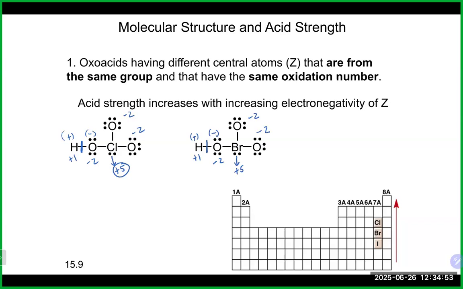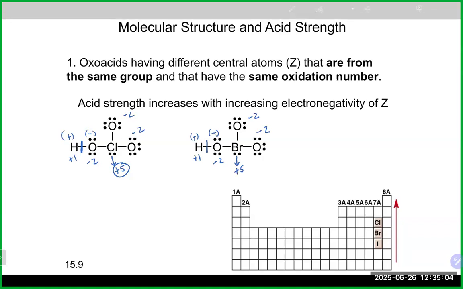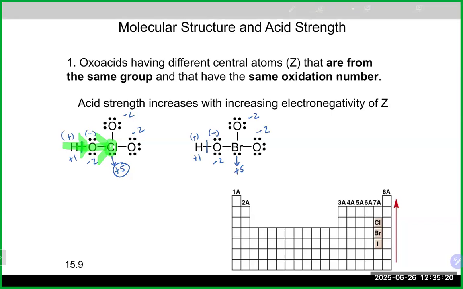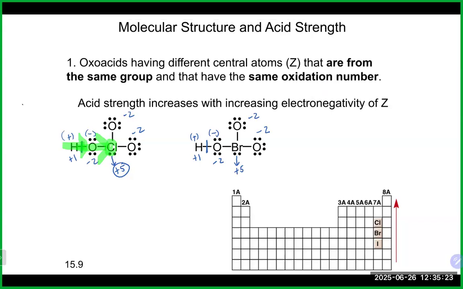electronegativity. And electronegativity increases as you go up the group. So chlorine is more electronegative than bromine. So what does that mean? Well, if you want to think about it, the electrons are already heading in this direction, but now the chlorine, because it's more electronegative, is going to make the electrons kind of head further in, if you will. And what that's essentially going to do to our OH bond here is weaken it and allow this H plus to come off a lot easier than